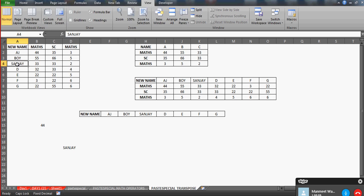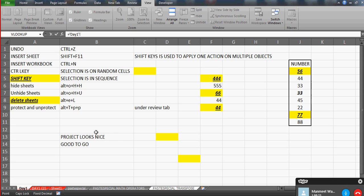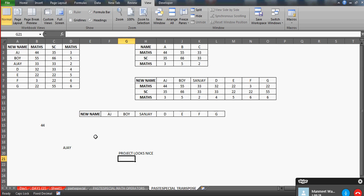Equals to A4. So it means if in A4 I write my name, this will be changed here as well, right? So this is how you reference one cell with another cell. Now if I say equals to, and I go to the sheet, let's say day 1, and now I select this one